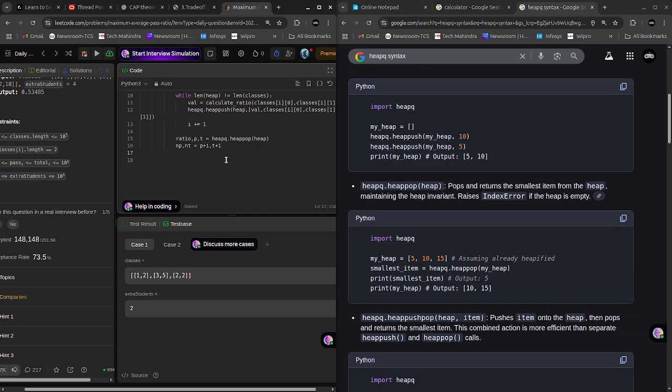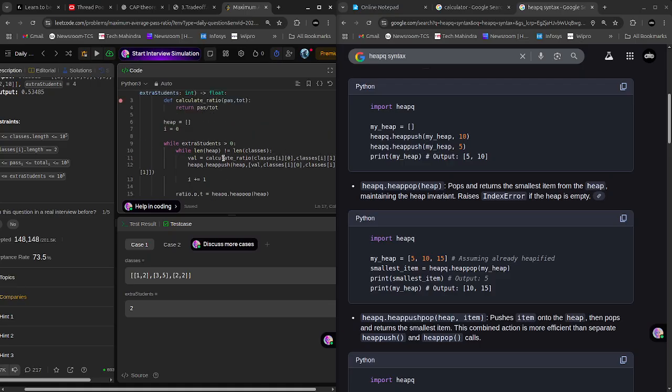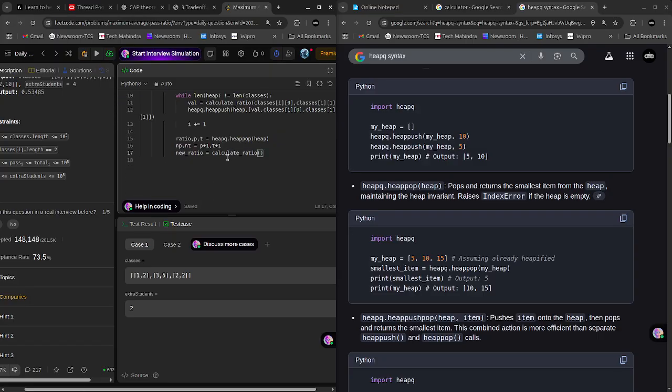Then afterwards let's include new ratio equal to calculate ratio of np comma nt. Then heap q dot heap push